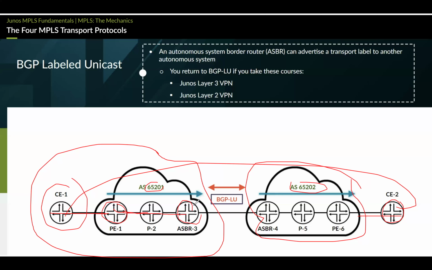This label value will travel through BGP to another provider router. This is called BGP label unicast. It receives the BGP label unicast and sends it towards